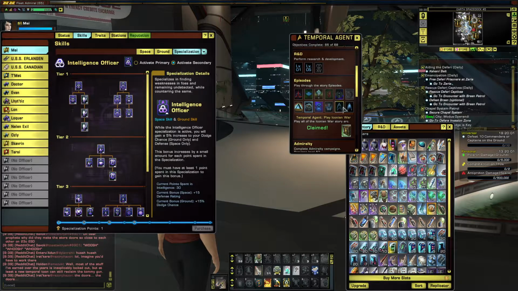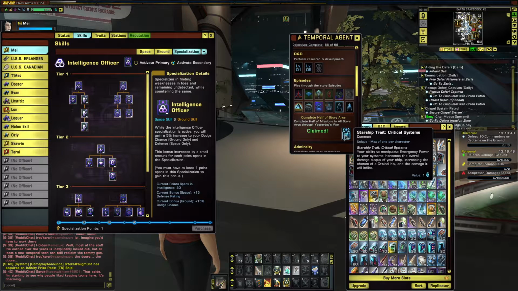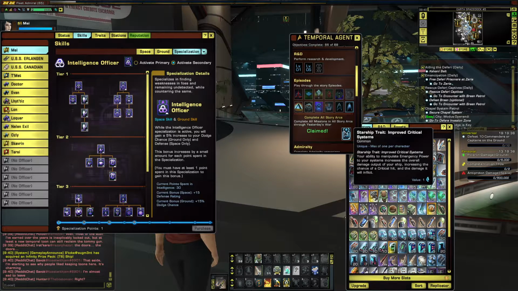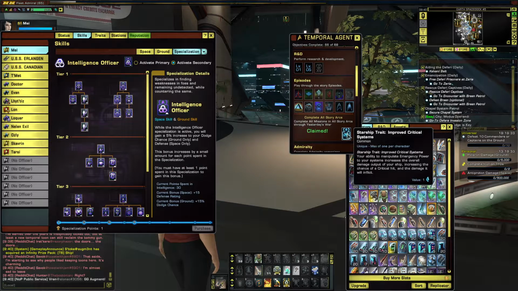As for getting through the storylines, you pick up halfway through the storyline, so that'll be roughly around the new Romulus storyline. You pick up the Starship Trait critical systems, and when you complete them all the way up to Yesterday's War, which I should point out is roughly where Scarlet is halfway through doing at the moment, you get improved critical systems,